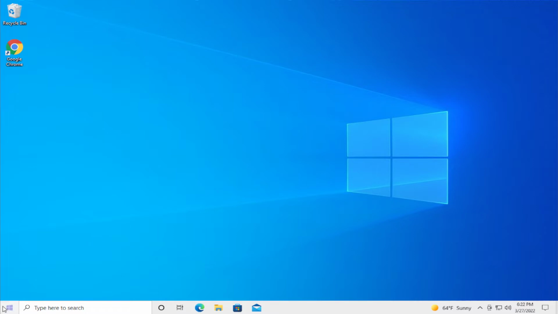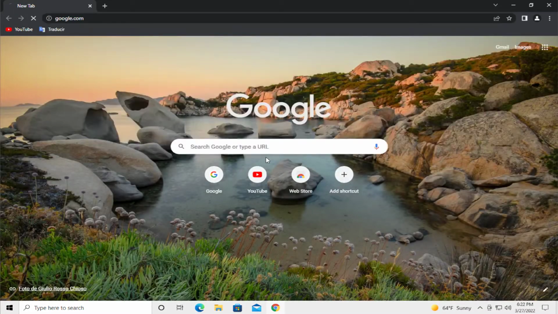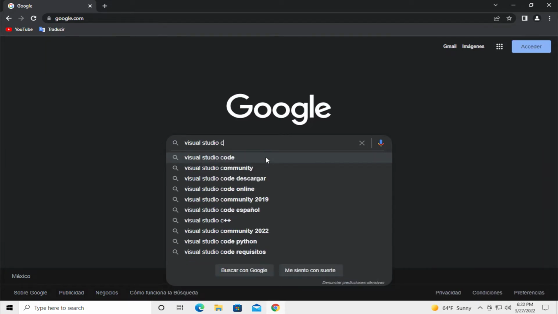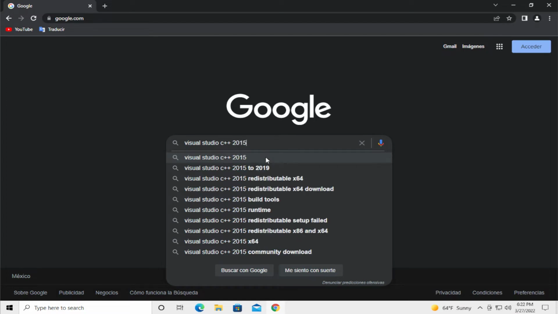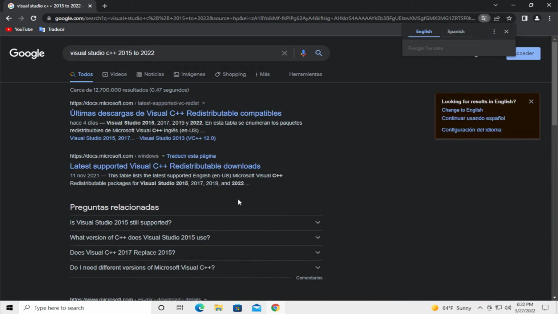Go to the start menu and select any web browser. In this case I use Google Chrome. Go to google.com, hit enter, and search for Visual Studio C++ 2015 redistributable. You can select the official site of Microsoft.com and click on this link